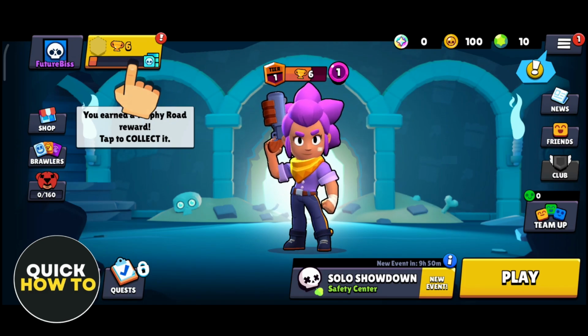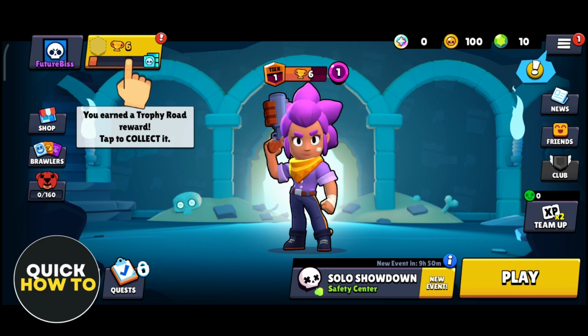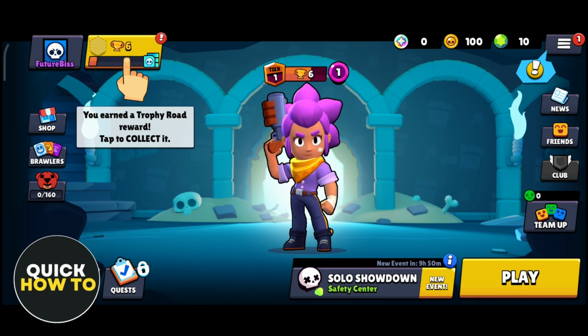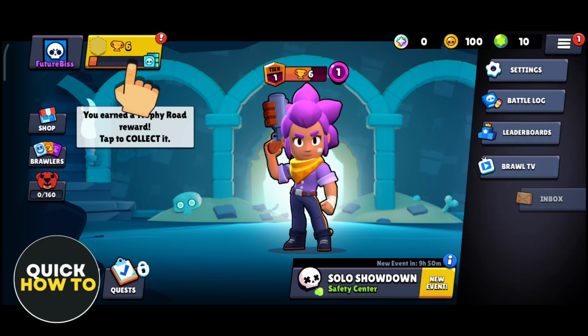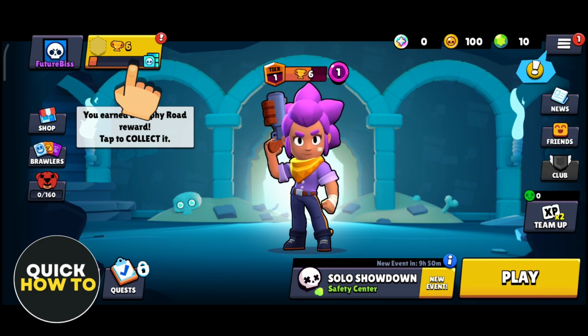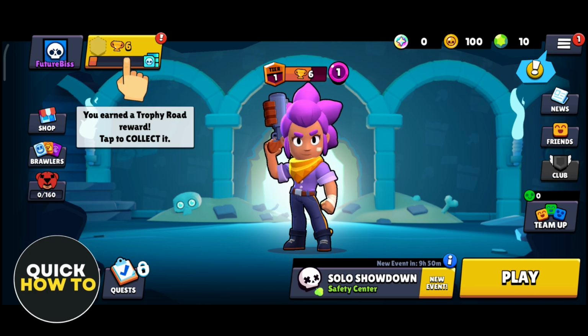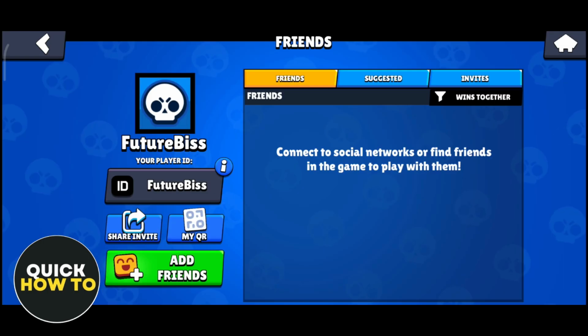In this video, I'm going to show you how you can add and invite friends in Brawl Stars. First up, open your Brawl Stars app, and then from here, tap on the three lines in the top right-hand corner of your screen, or basically just tap on the Friends section or option at the right side of your screen. So tap on Friends, and from here, as you can see, you have three ways how you can add